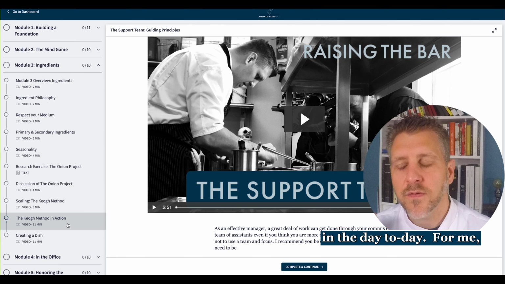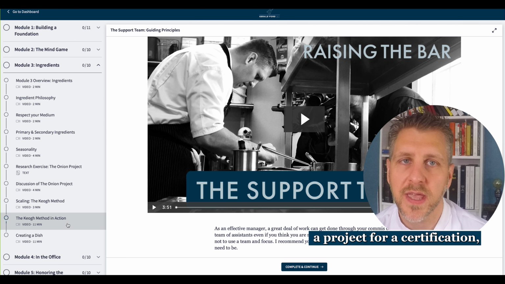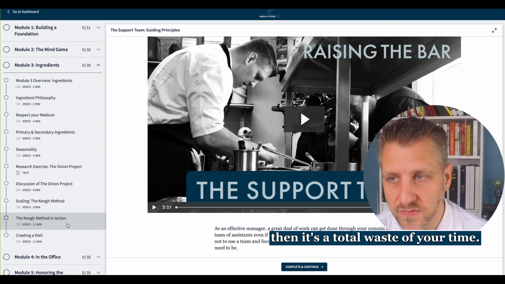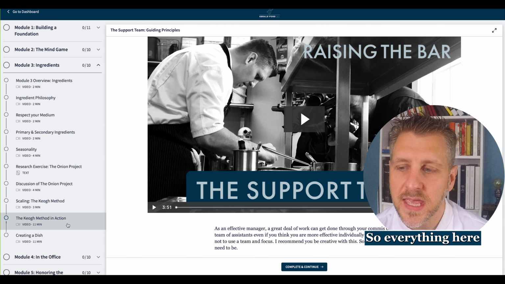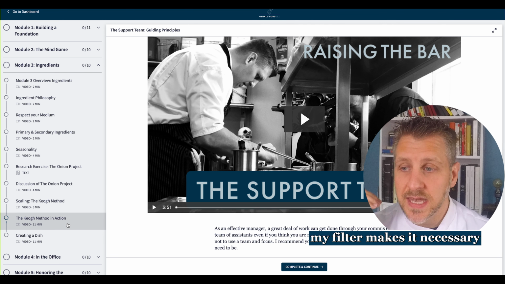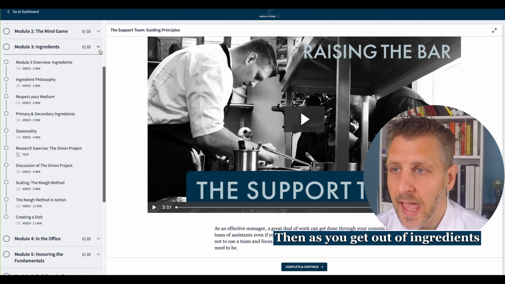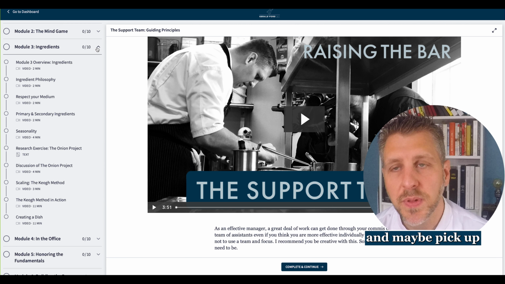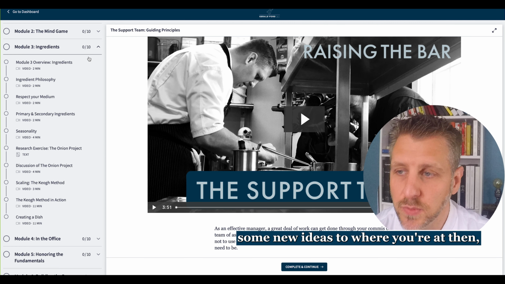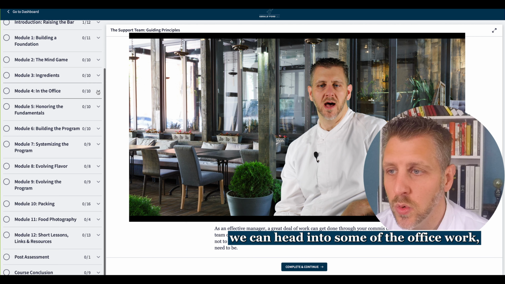in the day-to-day. For me, if you work on something for a project, for a certification, or for competition that you can't apply, then it's a total waste of your time. So everything here, in order for it to be here, my filter makes it necessary to require that it's applicable. So then, as you get out of ingredients and maybe pick up some new perspectives there that maybe enhance where you're at or add some new ideas to where you're at, then we can head into some of the office